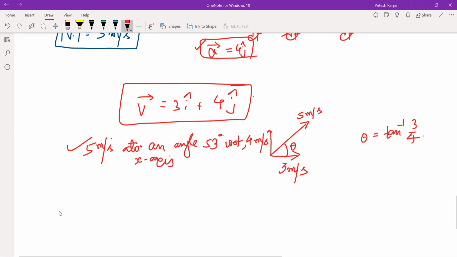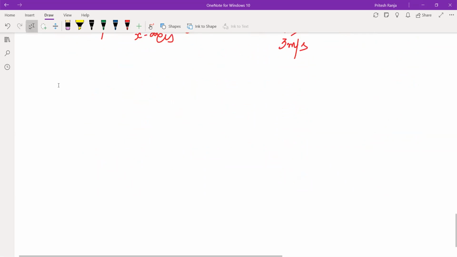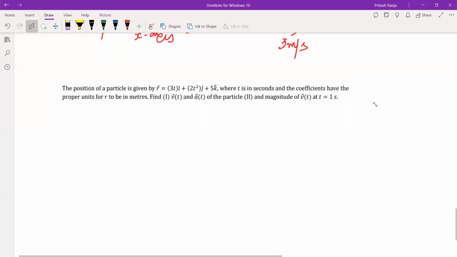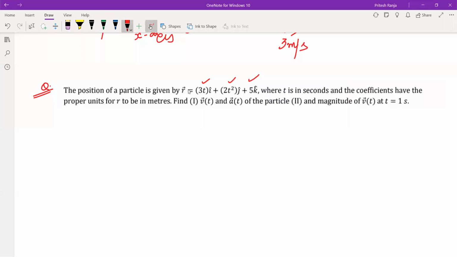So let us take the question and do it in a different way. Only for now we will be doing it one time in a different way. Apart from this, we will be doing the questions as we find the method to be feasible. Position of a particle is given by this. That means there are 3 components, right? This is a kind of 3-dimensional motion. That's why k cap is also coming here. So we will separate it.